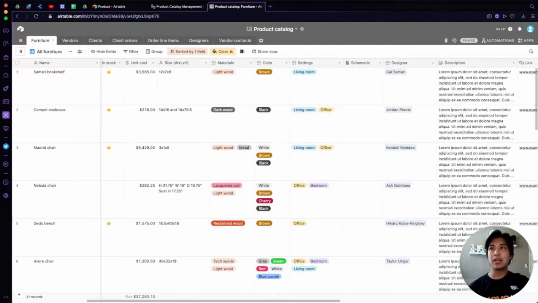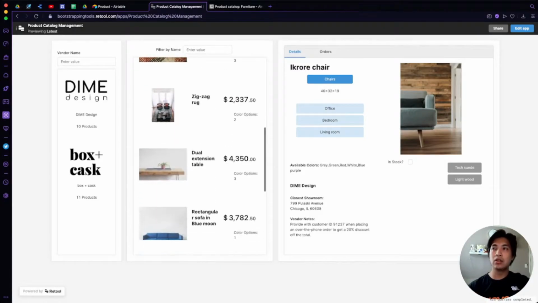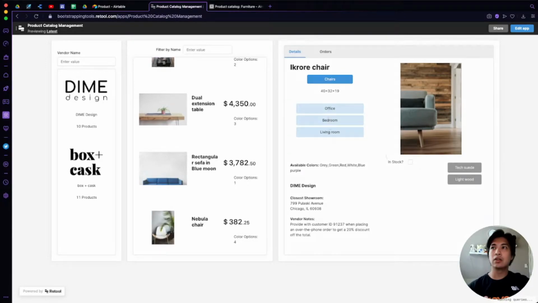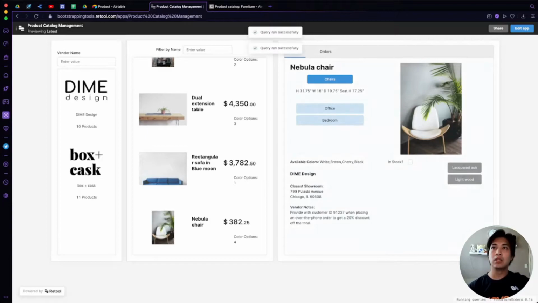it's not going to be the same thing as building your own application. And so this is basically the application that we're going to be building at the end of this series, where we're going to have a vendor selection on the side, and then all the products for that vendor displayed in the middle. And as you click from product to product, your information displays on the right will update, along with the image and the types of information that are relevant, such as who the vendor is, the settings or the rooms that this piece of furniture fits, the type of furniture it is, the materials that are being